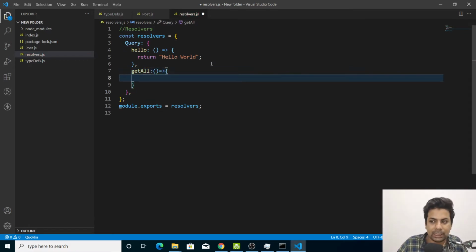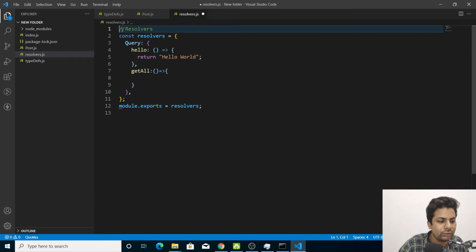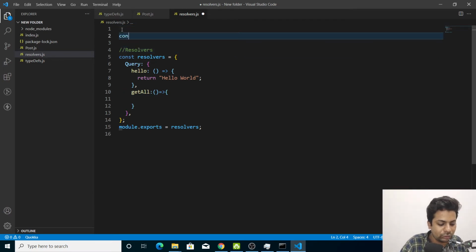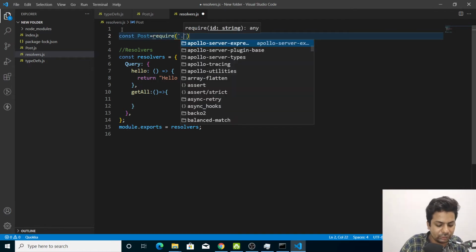Okay, but now I have to fetch from the MongoDB. So here we have const post equals require, and we'll say dot slash post.